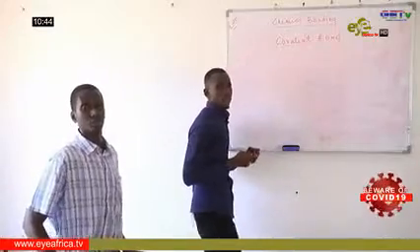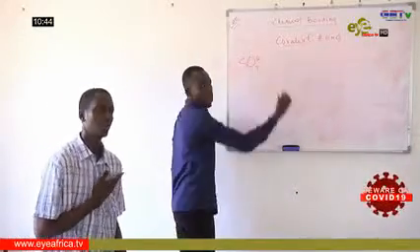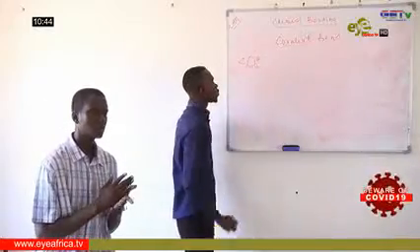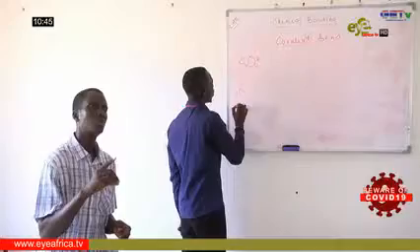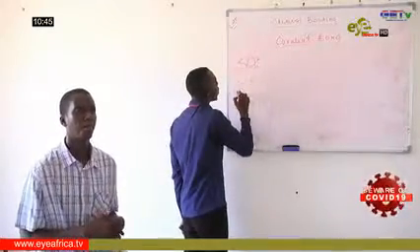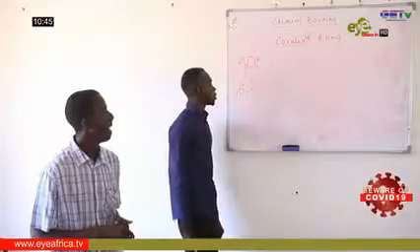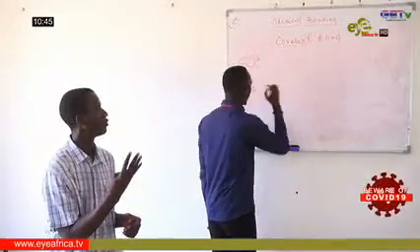Other kinds of bonds that are not dative, but then this kind of bonds, they are covalent. They are covalent. Maybe we just draw one radical, something like SO4 2 minus. So here, sulfur and oxygen. Of course, we have 4 atoms of oxygen. The valency of sulfur is 6 and the valency of oxygen is 6 also. This is 4 atoms of oxygen. In this case now, we will have